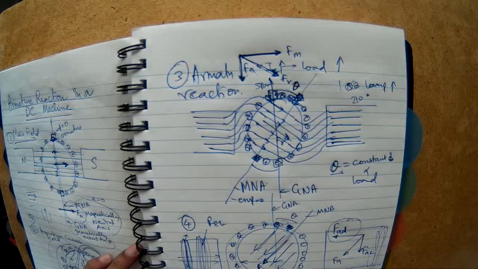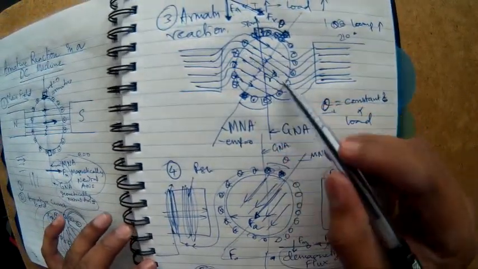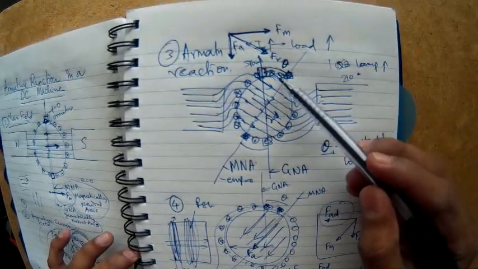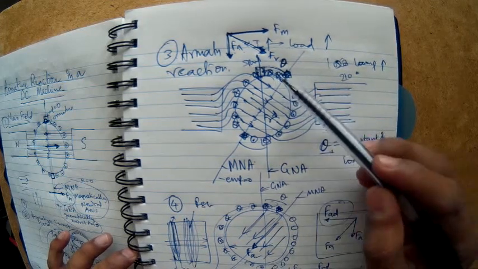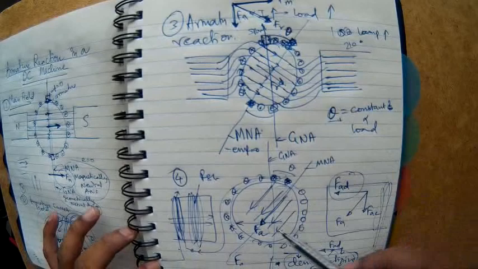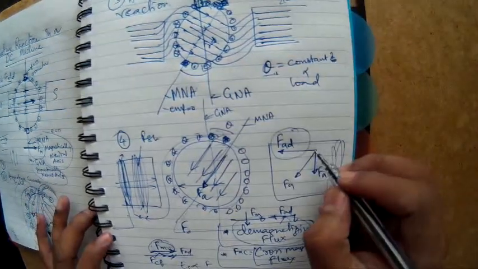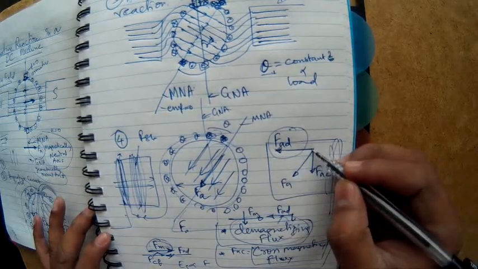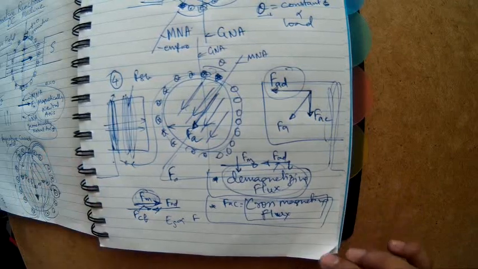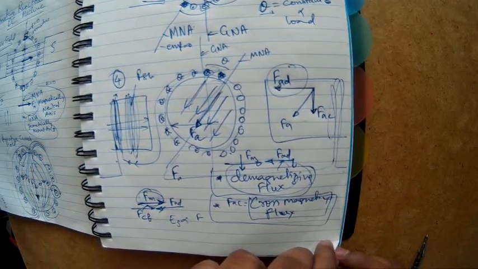Now what are the effects of this distortion? If I see the resultant flux is like this, now these conductors are under the south pole, but still they are carrying current into the book. Because of that, the armature field slightly rotates, and therefore there are two effects. One is a demagnetizing effect and one is a cross magnetizing effect. We just saw these two effects in the last lecture, so you could go to the previous lecture to get full details of it.